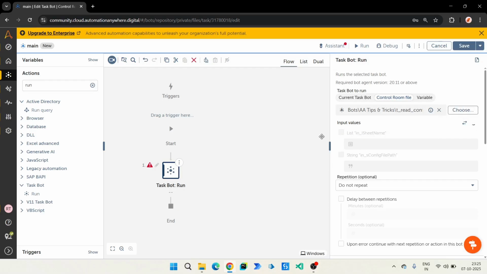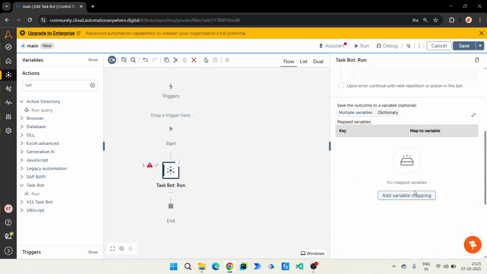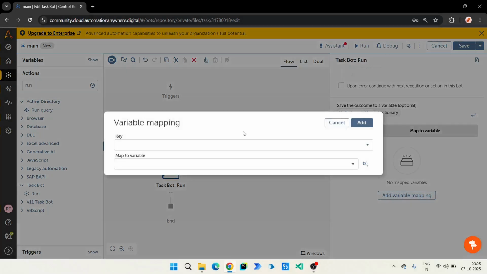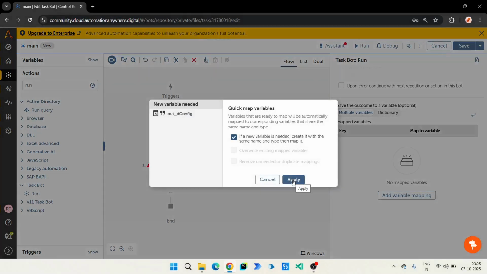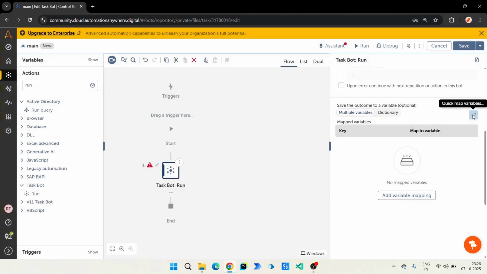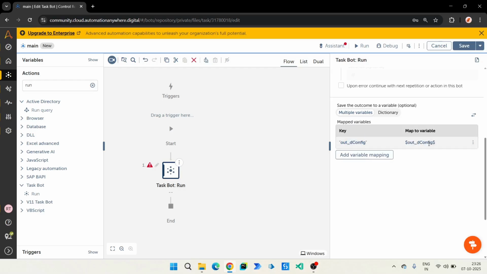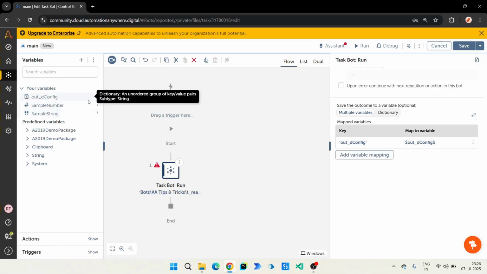Okay, so automatically these two values are popped up. There will be one sheet name, and there will be one more argument which is config file path. Okay, so with this I'll also have an output argument mapping. To easily map those variables to an output variable, I'll use this quick map variable mapping. So I'll just click on it, and then I'll hit apply. It will automatically map the variable to the one that I need,